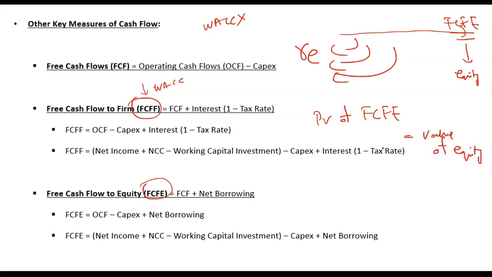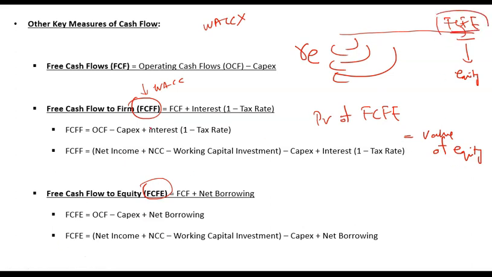Here you do not need to subtract debt. Why will we not subtract debt? Because the debt cash flows were never forecast. You did not take free cash flow to firm. You only took free cash flow to equity. So whatever present value you get will directly be the value of equity. There is nothing to subtract or add, because these are the free cash flows to equity.